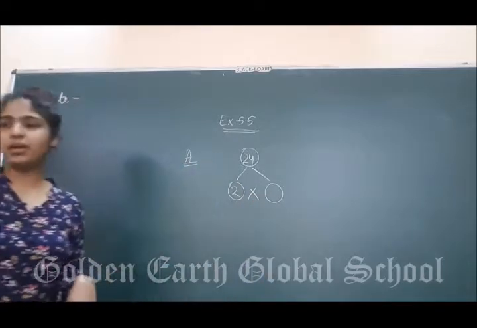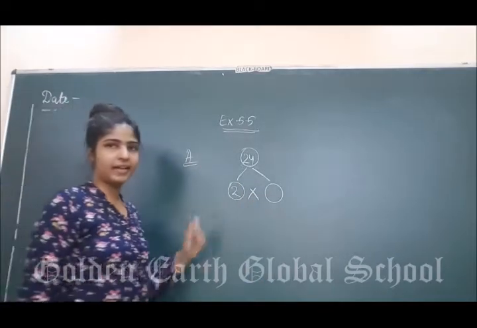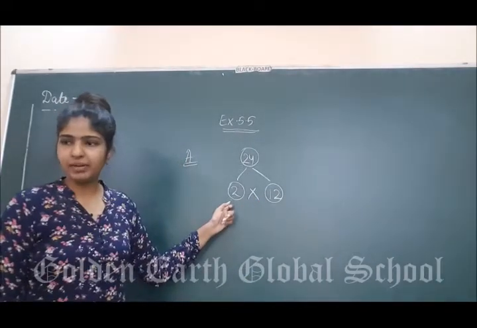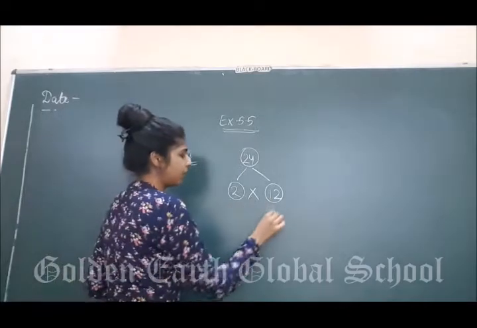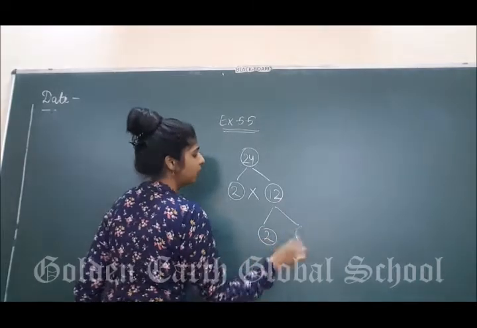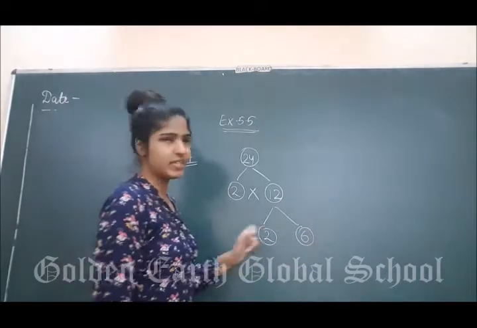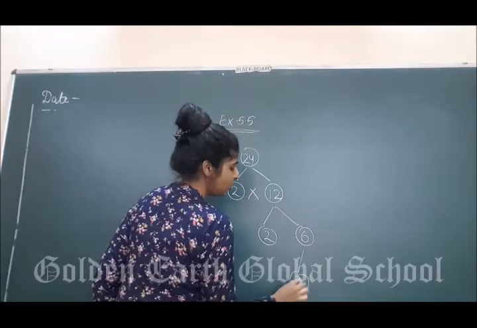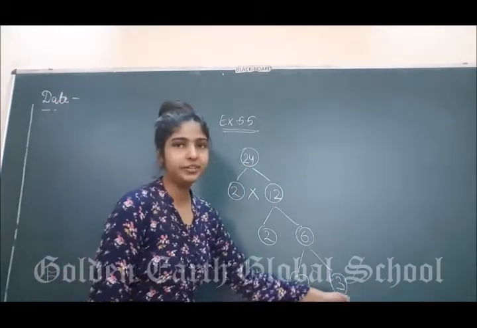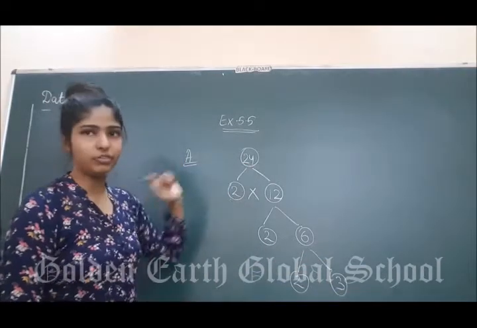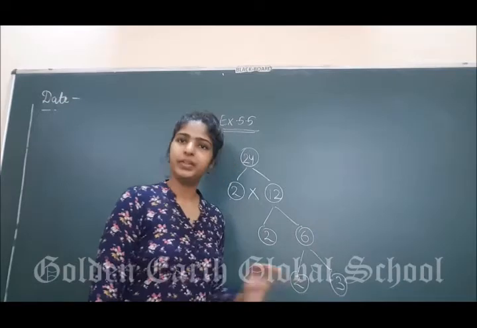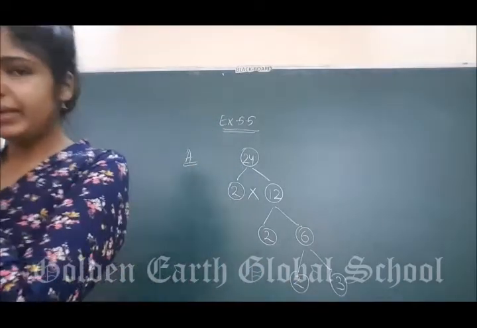Now 24 is divisible on 2. As 2 is a prime number, write down 2 here. 2 multiply 12. अभी 2 हमारे पास प्राइम नंबर आ गया, बट 12 इज नॉट अ प्राइम नंबर, सो इसको आगे डिफरेंशिएट करेंगे. ऑन द टेबल ऑफ 2, 6. 2 is again prime number, but 6 is not prime number. So again differentiate. What we will get? 2 and 3. So the final prime factorization of 24 is 2 into 2 into 2 multiply 3. Clear everyone?